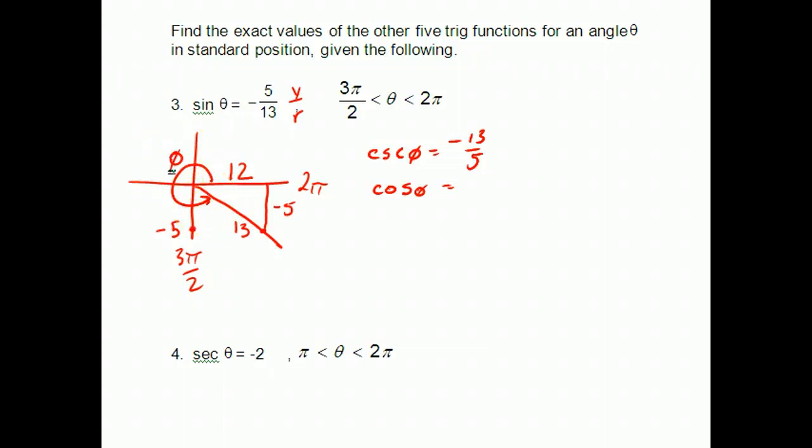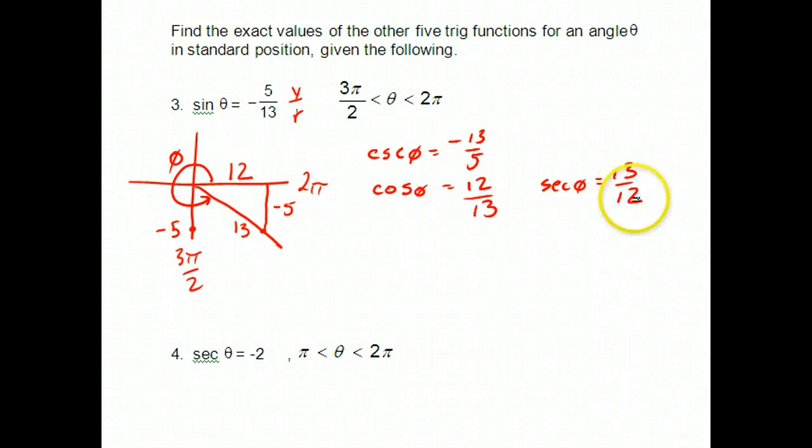Cos of theta is going to be my adjacent over my hypotenuse, which is going to be a positive 12 over 13. This is positive 12 over 13, and so that means that my secant theta is going to be 13 over